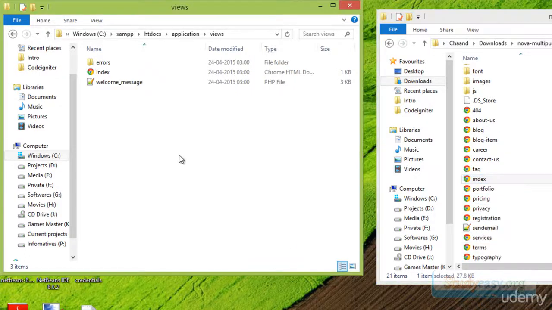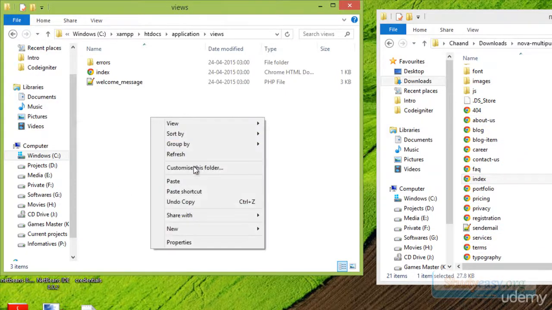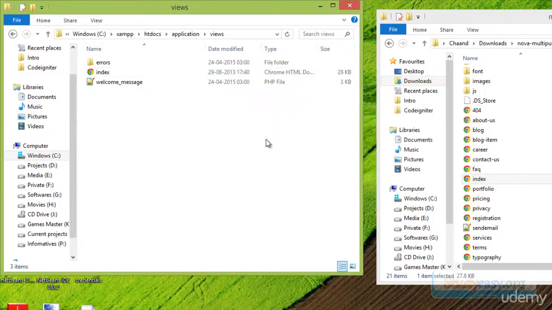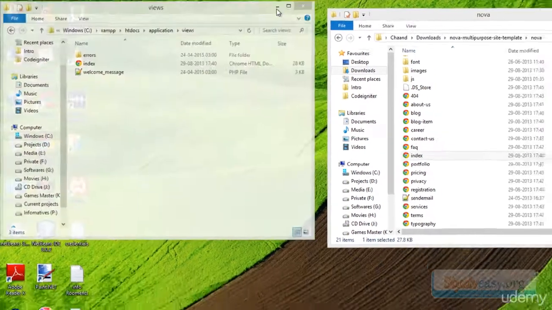Alright. As of now, I am not worrying about all these other pages, because ultimately we would require removing them and placing our own custom pages. So I will simply place the index.html page. Alright, so everything looks perfect. In order to proceed further, we will make some small changes in our controller.